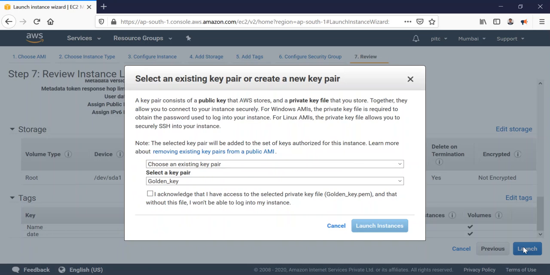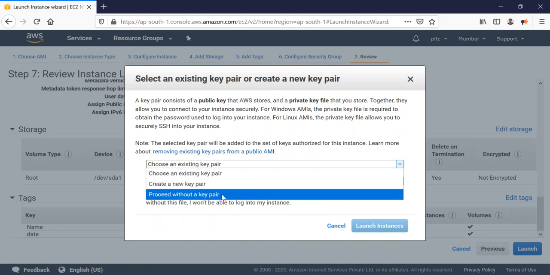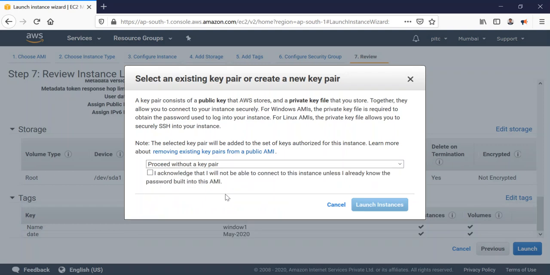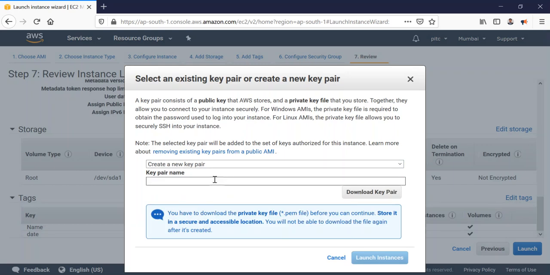Now just click on Launch, and then it will ask for options, like whether you want to choose an existing key pair, create a new one, or go without a key pair. If you go without a key pair, there will be no key and you will not be able to connect. That is one difficulty if you want to do RDP, because to do RDP obviously we need the key. So I'll go with create a new key pair.